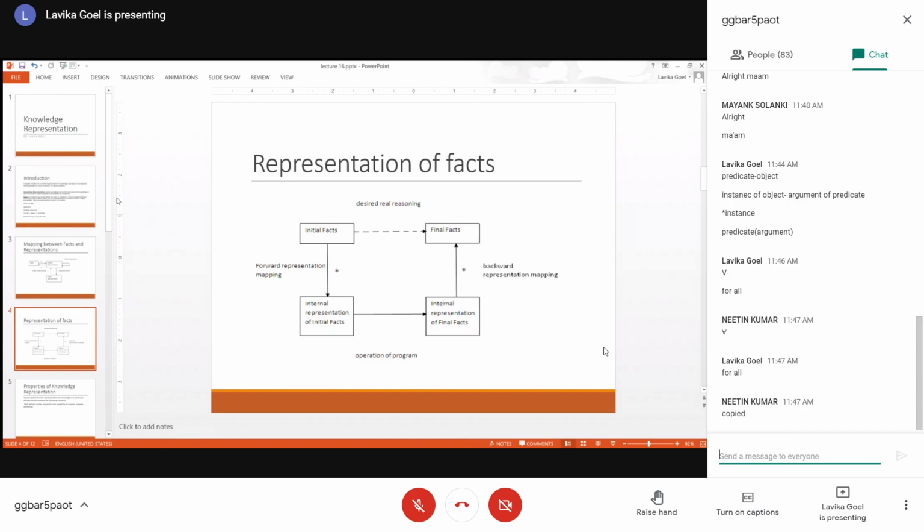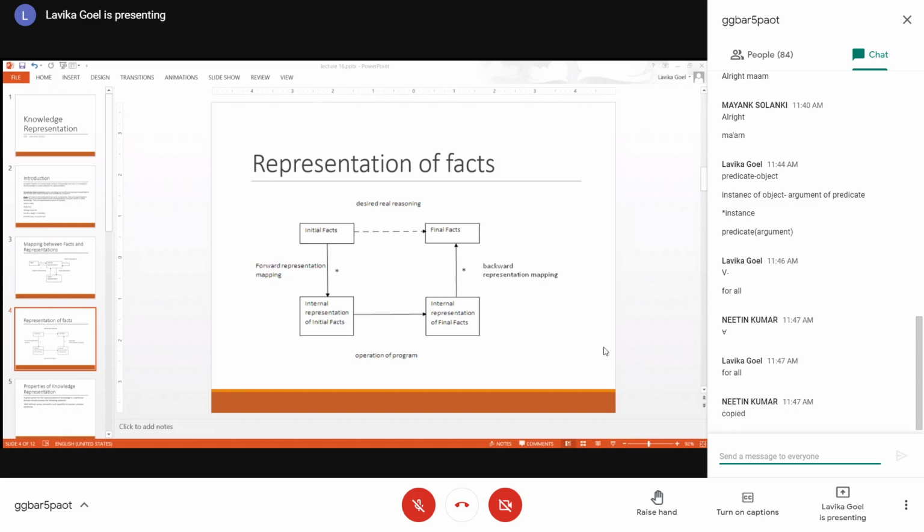Backward representation mapping means internal representation to the facts. Forward means from facts to internal representation. Backward means from internal representation to the facts. Fine. So from this internal representation of final facts, you reach the final facts, and that's how you are able to derive new facts from the existing facts.